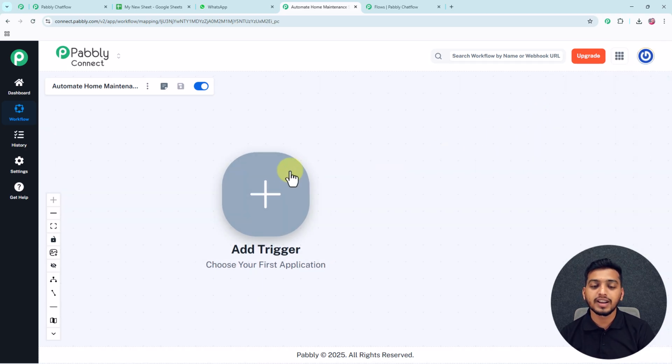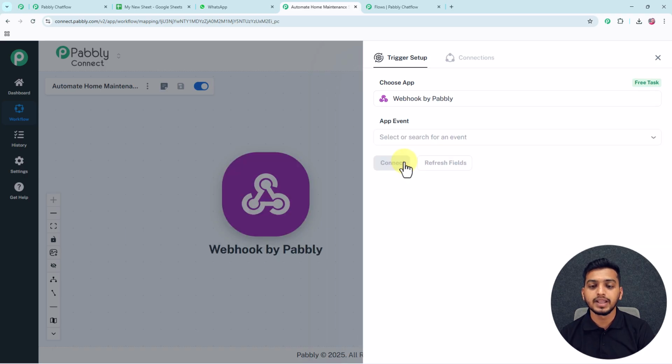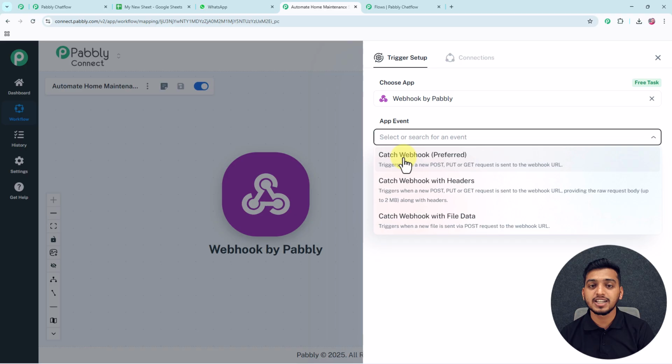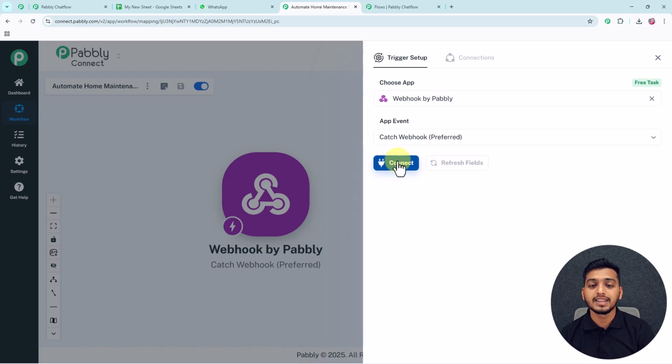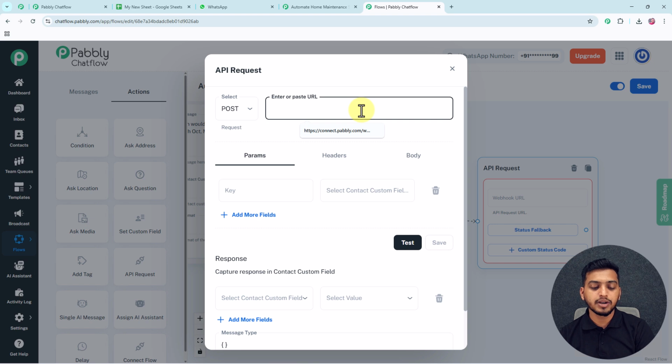So today for our trigger application, we will use this amazing feature by Pabbly Connect known as Webhook by Pabbly. And then for this trigger event, I will select this particular event, Catch Webhook, and then I will click on this connect button. After that, you can see we have received this webhook URL. So I will just copy this webhook URL from here, and I will paste it inside this particular enter URL